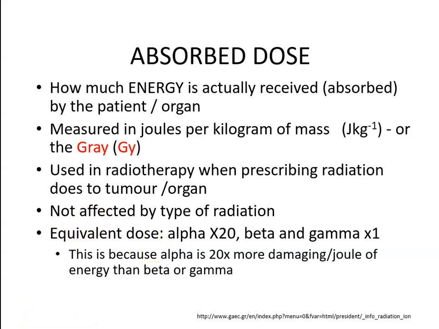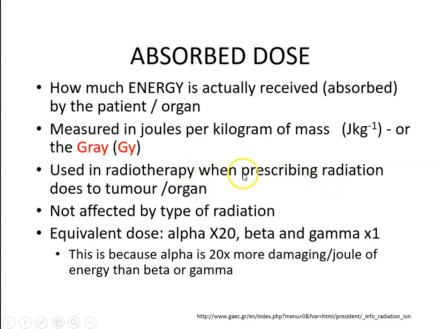So when we're talking about radiotherapy, we discuss doses in terms of absorbed dose. A patient will be exposed to a radiation source of some description, and when we talk about absorbed dose, it's how much energy from that radiation is absorbed per kilogram mass of tissue. So we work with grays, and 1 gray is a joule per kilogram mass of tissue. And this is used in prescribing radiation doses,